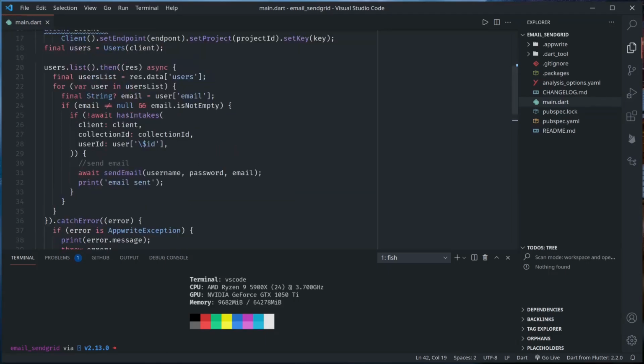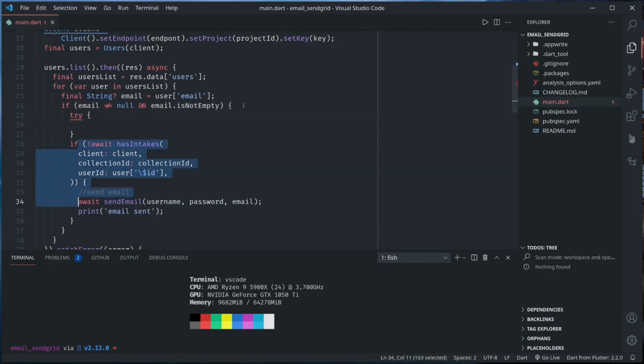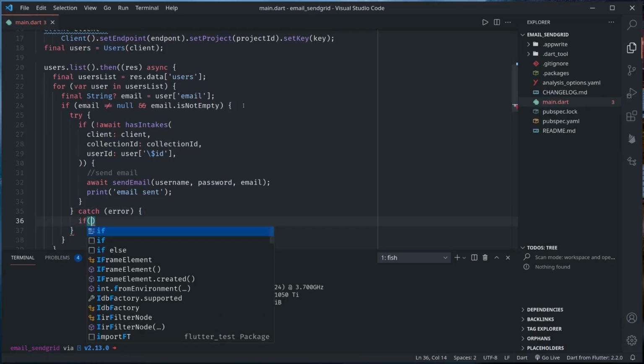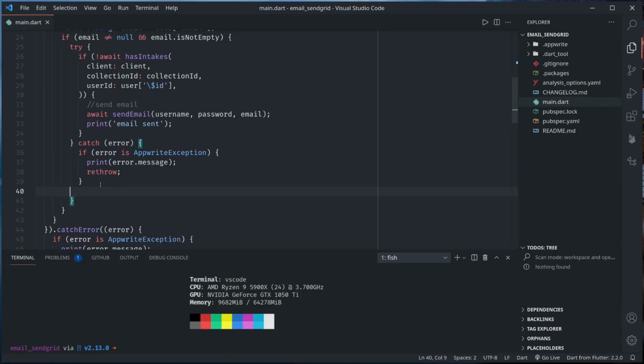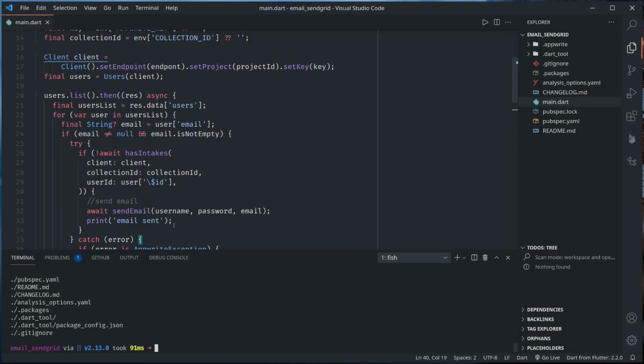Here again, I could do try, catch error, and I could check if the error is an Appwrite exception, print the message. Otherwise, I'll just rethrow. Okay, looks good. Let's create a tar file again and then go to our console,